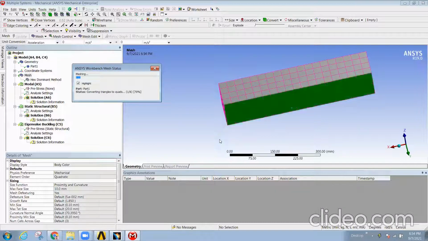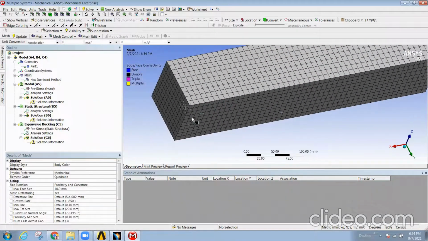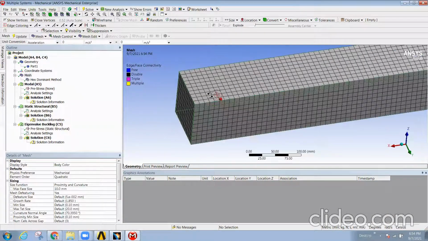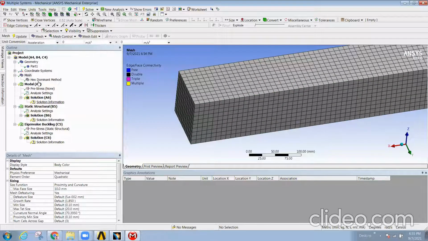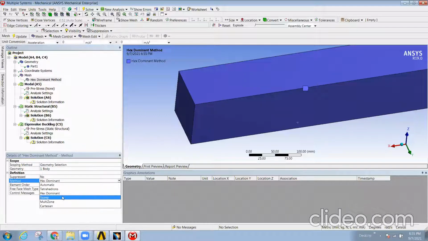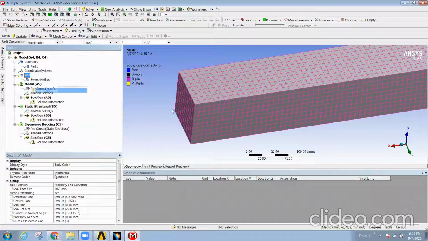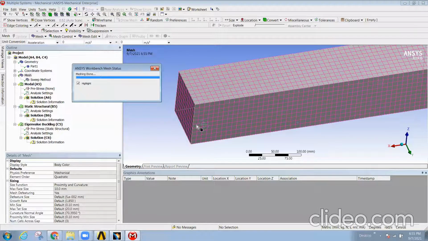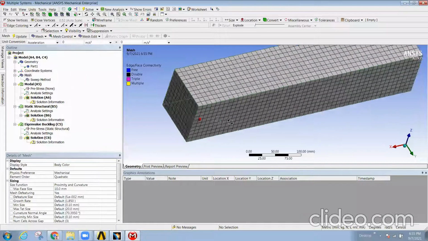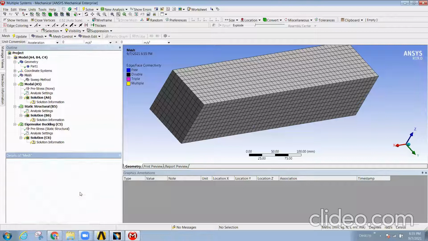Now again you check for 10 mm size, you can see the finer mesh, right? So this is the difference between each type. Once we checked for hex dominant, now I'll go with the sweep method. What exactly is this sweep method? One face will be meshed in 2D, and that will be dragged up. You can see that. So if I change the size again to 20,